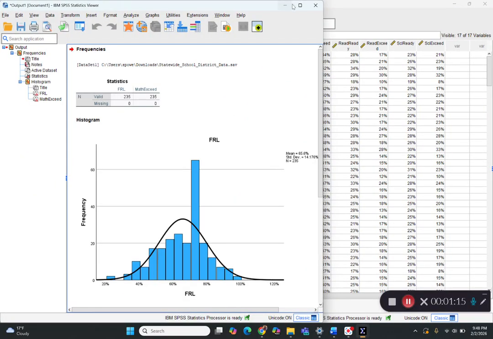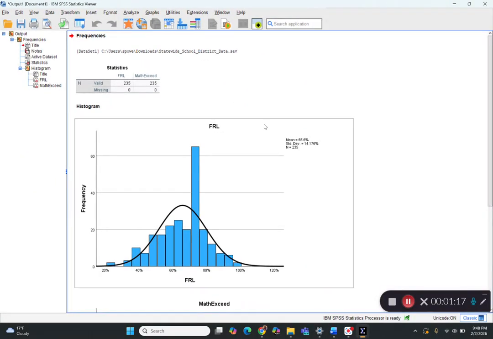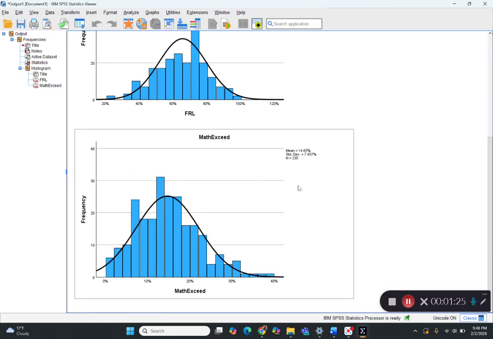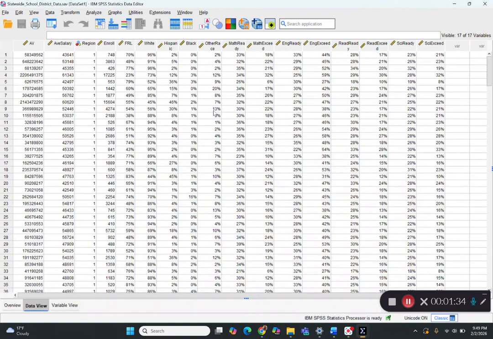And here we go. So what I'm going to do is look at this one, my free and reduced lunch. Yep, that one's pretty normal. We got one little weird spot here, but mostly normal. And yeah, that's a pretty normal curve too. So I would say this meets normality. So the next thing I'm going to do is look at my